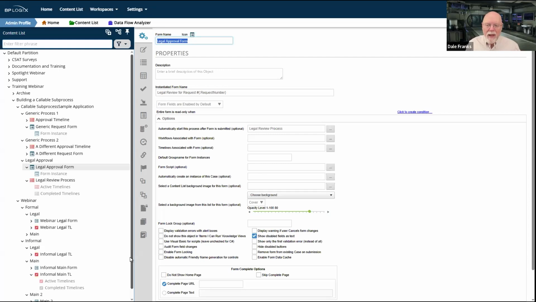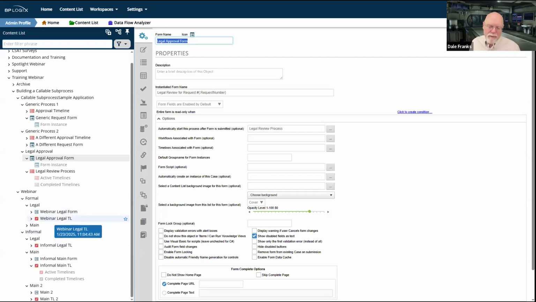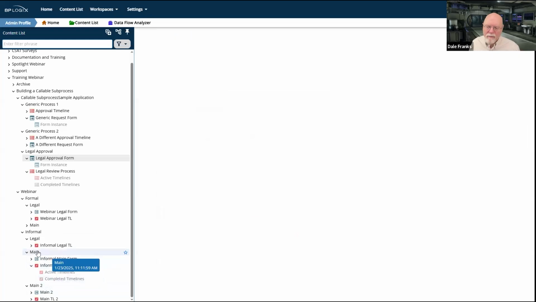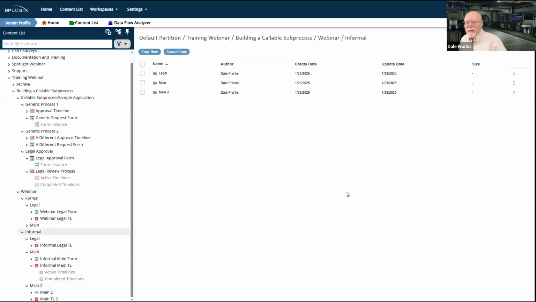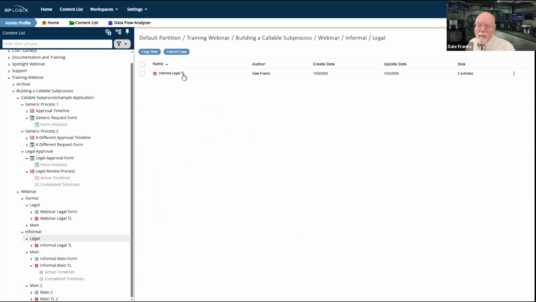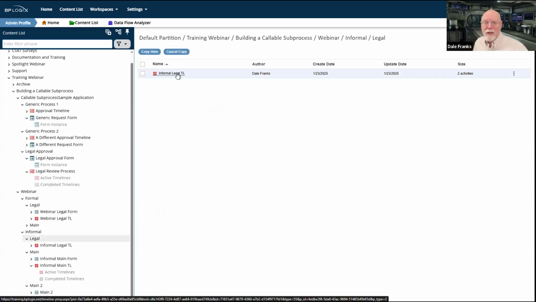And the disadvantage of the more informal process that we looked at last is that your legal people are going to see all of the different forms with all of the information, because you're just using this legal timeline as an additional way of having other people see your initial request form.